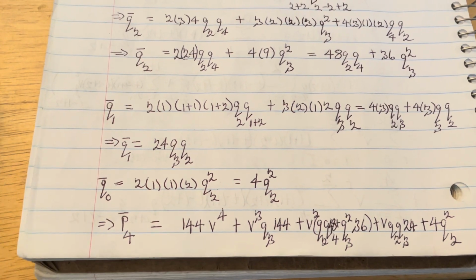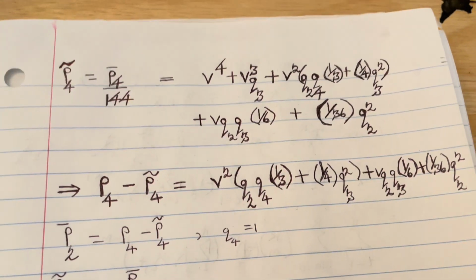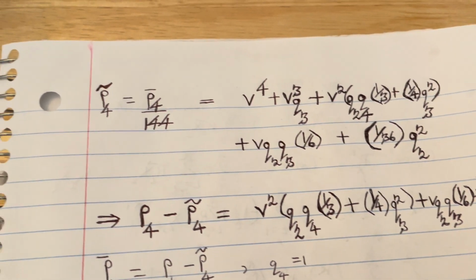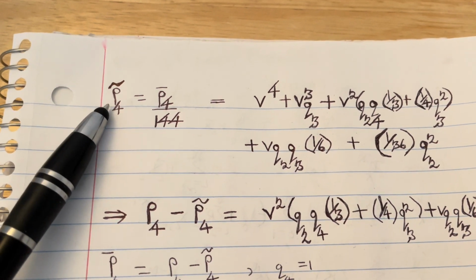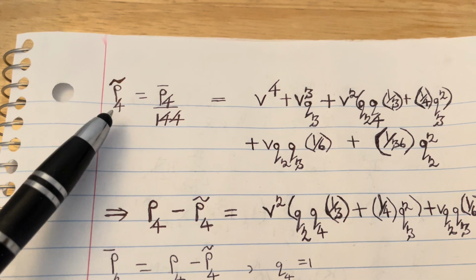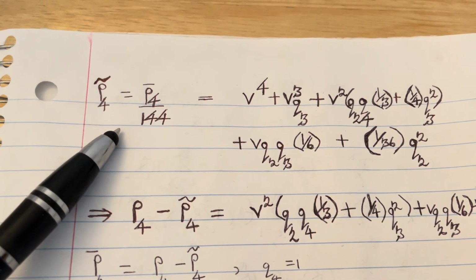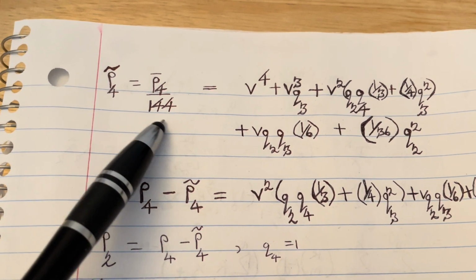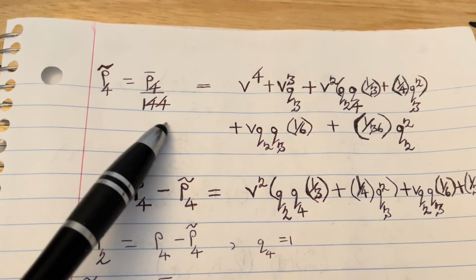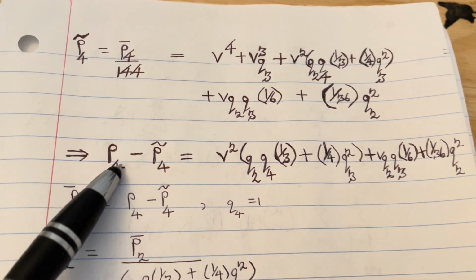So given that we have P4 bar, we can go ahead to just make another label, P4 tilde, in which we divide out the 144 coefficient,